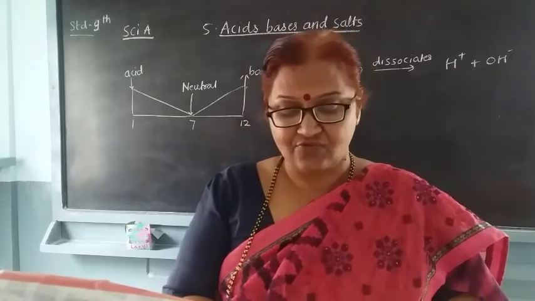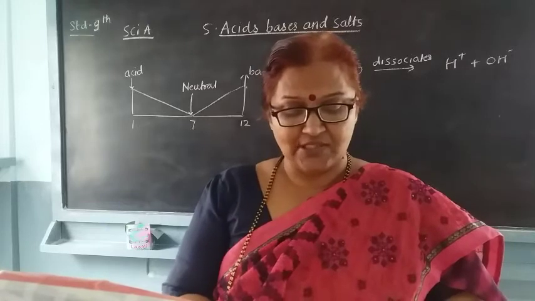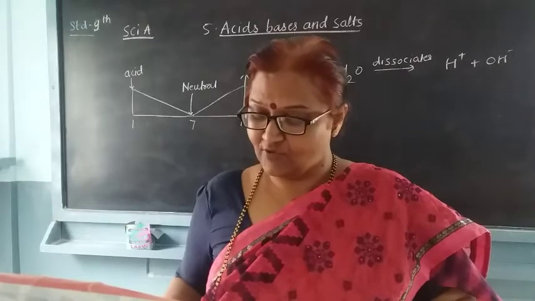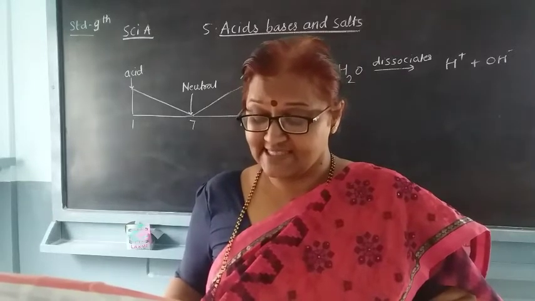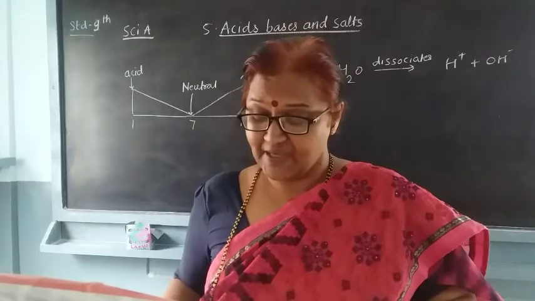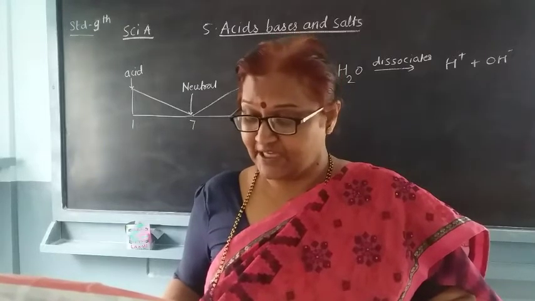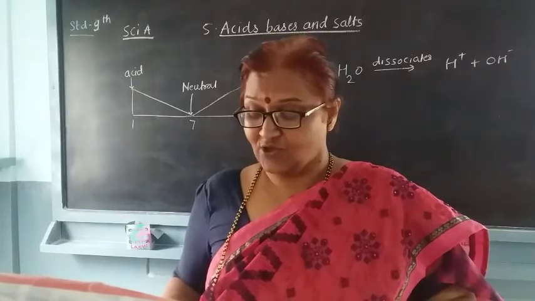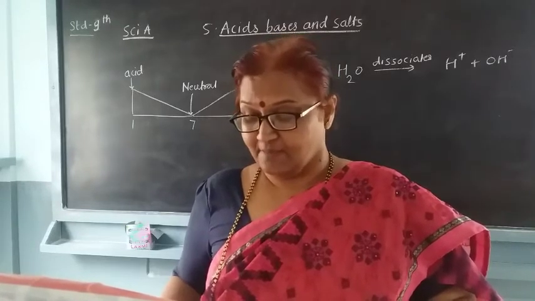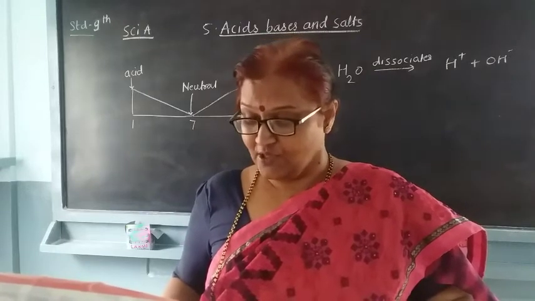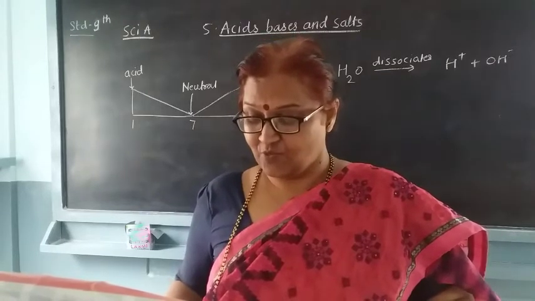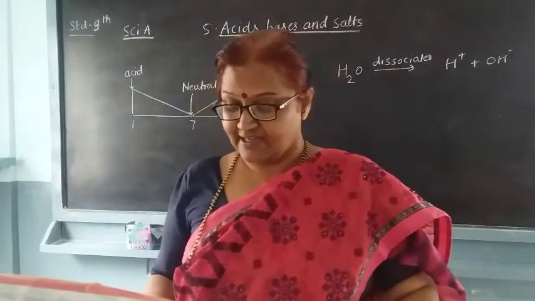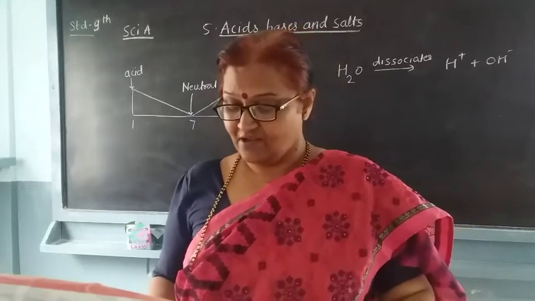There are pH values of some common solutions given there. See there, HCl, whose pH is 0, 1 molar HCl. It is a strong acid. Then gastric acid has pH 1. Lemon juice has pH 2.5. Vinegar has pH 3. Then tomato juice has 4.1. Black coffee has pH 5. Acid rain has 5.6. Then urine has pH 6. Rain and milk have 6.5.